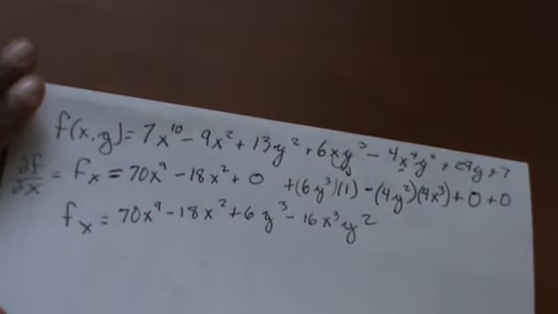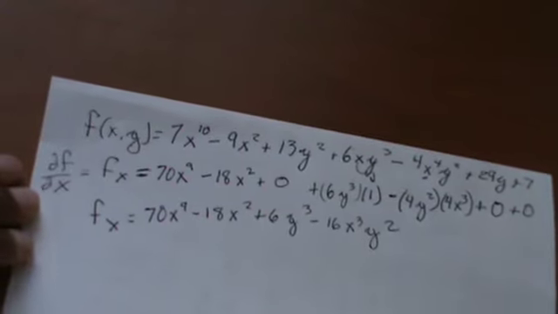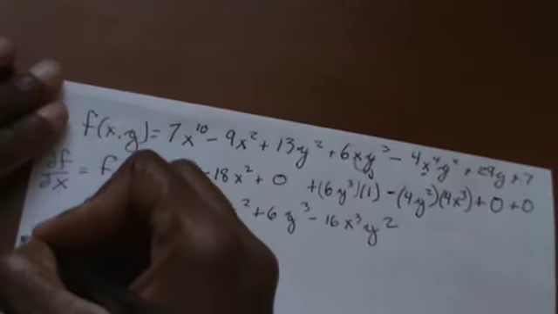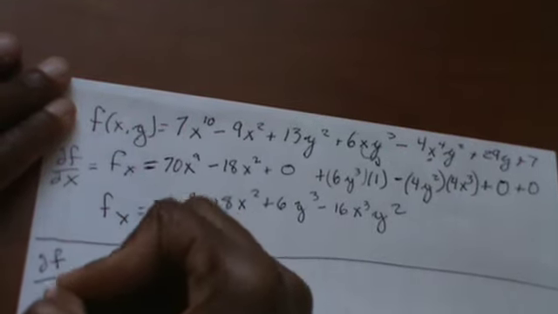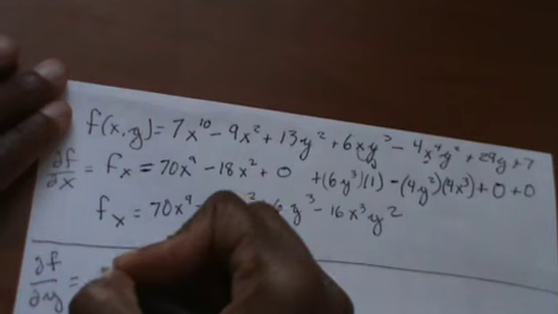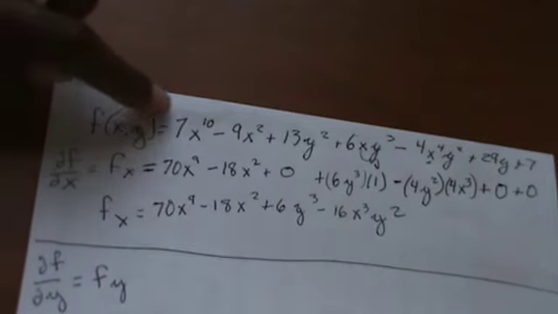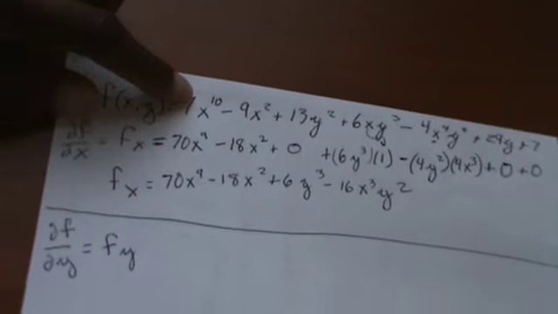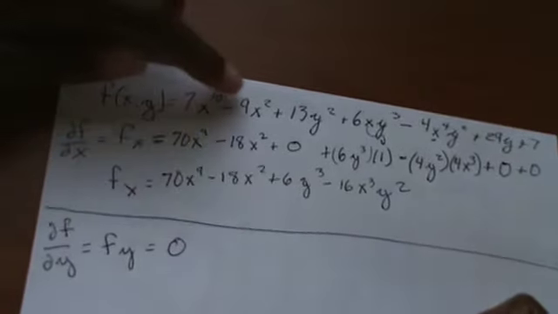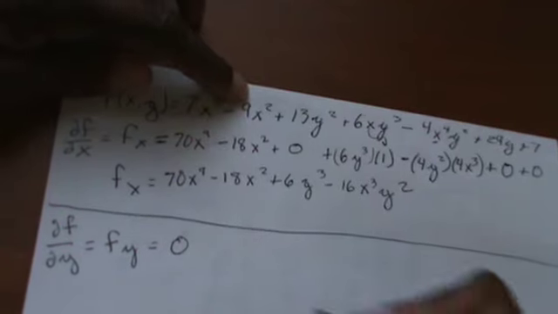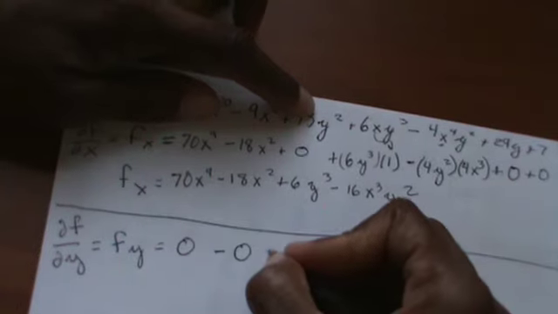All right, so that was a lot. Let's try it as a partial derivative with respect to y, where y is your changing variable. So df dy, or shorthand, f sub y. All right, so let me go back up here. This does not have a y in it, so the derivative is 0. Okay, this one does not have a y in it, minus 0. This one has a y in it, plus